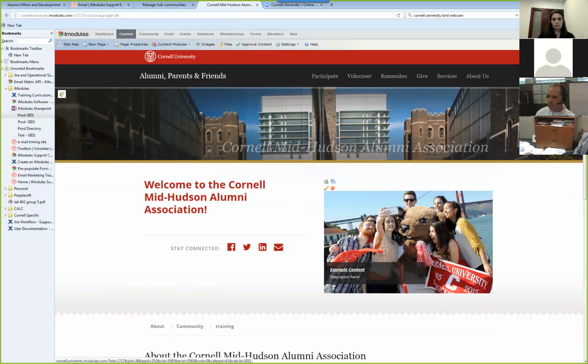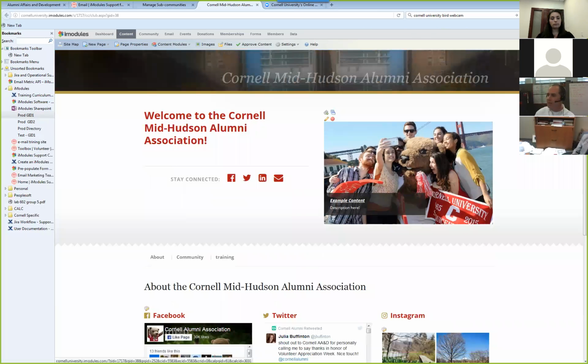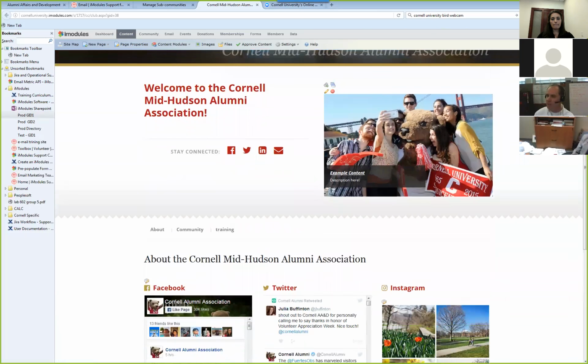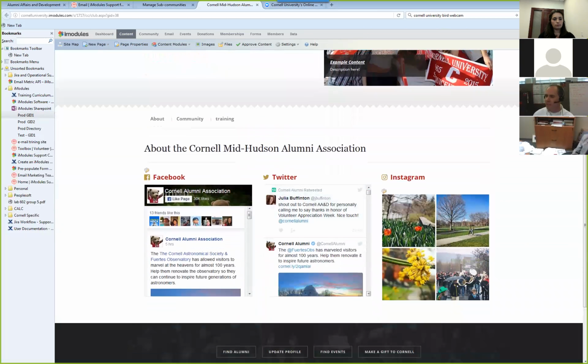All right. Again, if we wanted to change this, there's this little piece, all we have to do is click on that edit content and go in and change the fields. So a lot of people like to change their images, and that's how you can change these images, pretty easy. The next section is the bottom piece right in here. We're going to talk about this section.